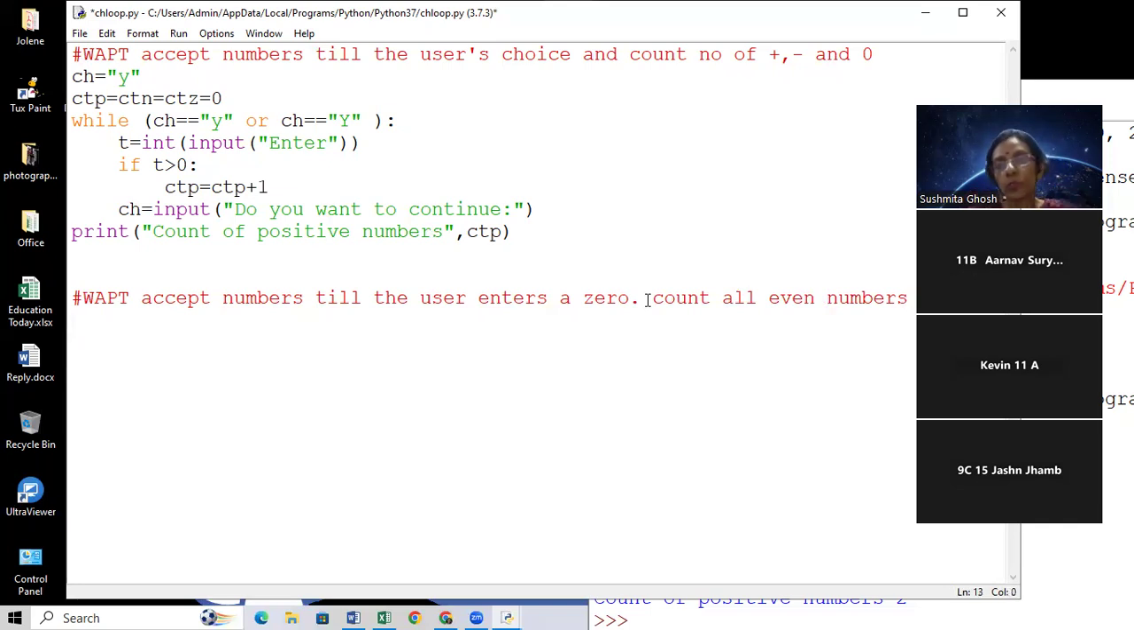Fine. Of course I need a count, so let me have a count here. Count even is equal to zero. Now what do I need? If I say okay, start accepting numbers, so if I start accepting numbers, what should my while condition look like? My while should be talking about,